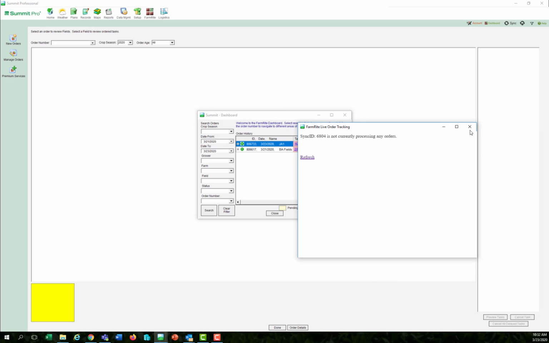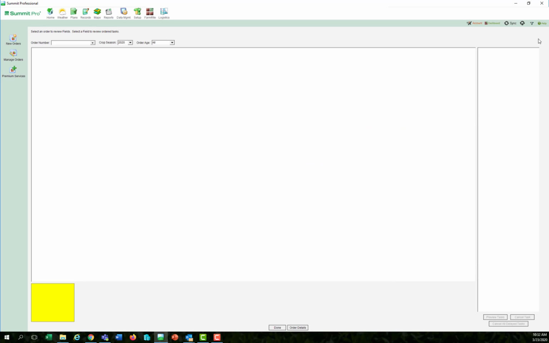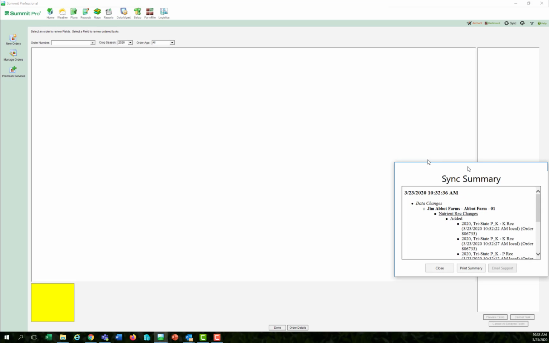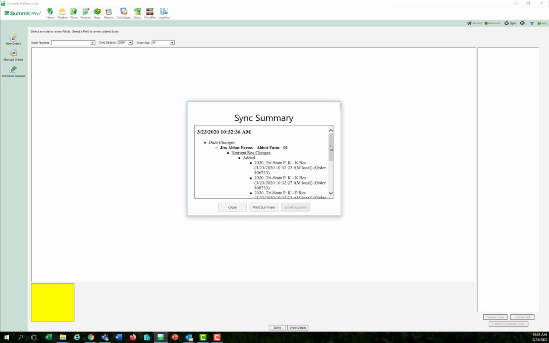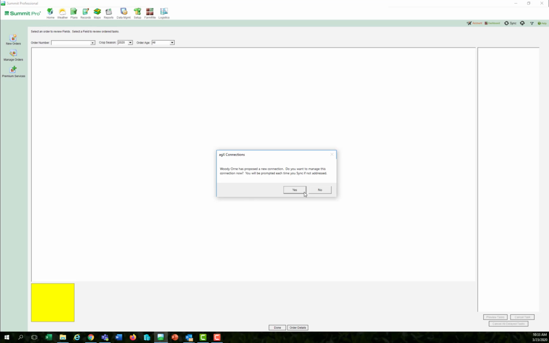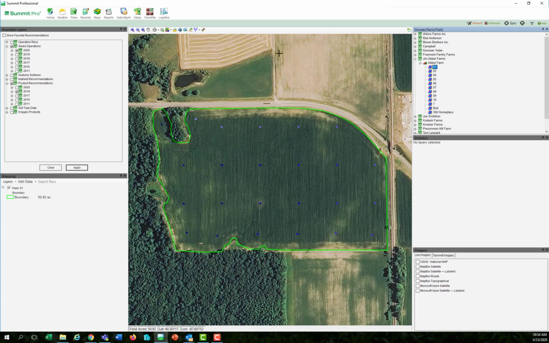So I'll come back in here, close those windows down, and resync everything back from the AgX cloud to my desktop. Once that's completed, I can view the summary, and now you'll notice that I've got my nutrient recs as well as my product recs now completed on that particular field. I'll close that, go back to my maps view down to that level, and if I come up here to the top left and I turn on my recommendations, now for 2020 I've got potash